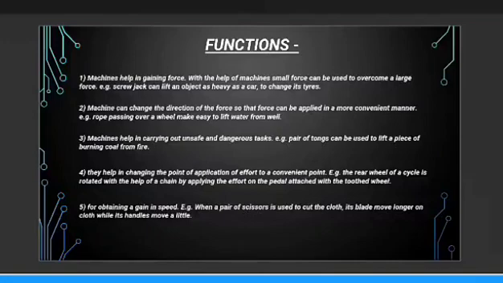So these are the five major uses of machine. First, it is used to multiply force, means you will have to apply less force to do some work. Next, to change the direction. Third, to do some dangerous task. Fourth is to change the point of application of force, and the fifth one is called gain in speed. Out of these five, majorly we will talk about three, that is force multiplier, second speed multiplier, and the third one to change the direction.